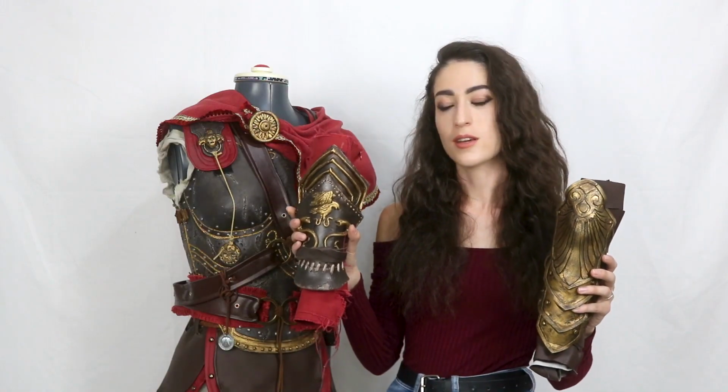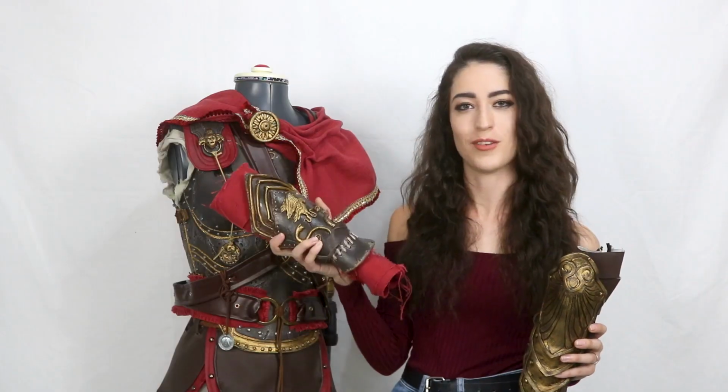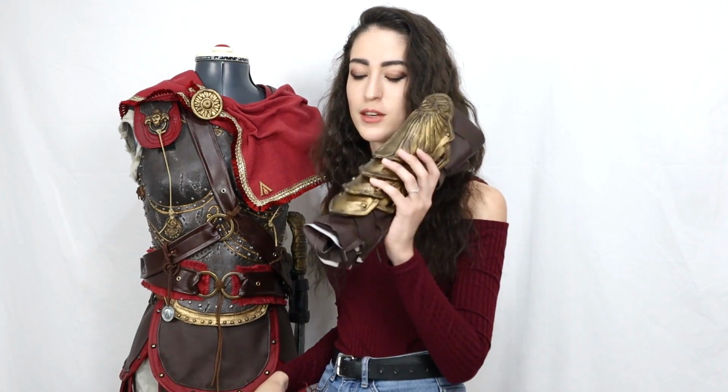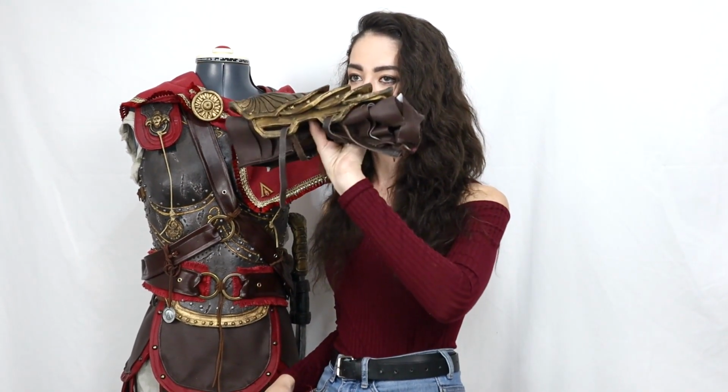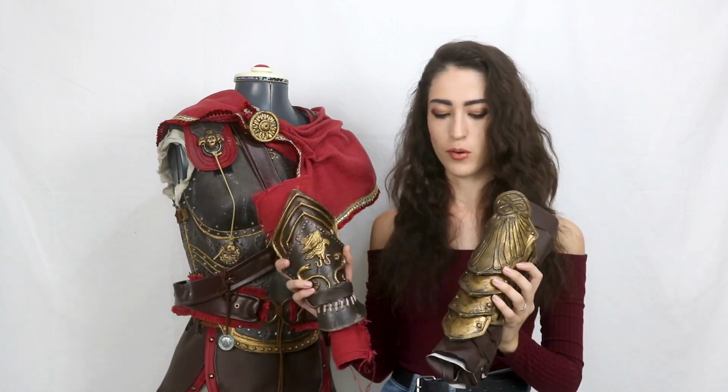Moving on to the bracers. This bracer has almost as much detail as you'd see about here, and all of that was done with foam clay, with a base of 5mm EVA foam. This was just made out of 5mm and 2mm EVA foam, and both of them were all heat formed and